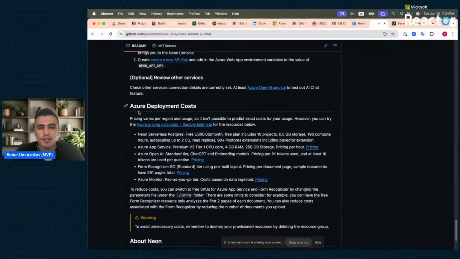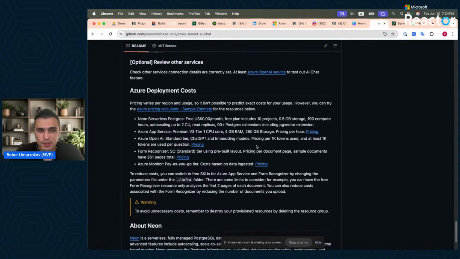And some consideration of what kind of costs are expected when you're running this application. It should be super cheap. For me, almost cheap, except I'm using the OpenAI service that I pay for. But other services like Form Recognizer or App Service, I'm using almost on the free plan. But in here I mentioned which pricing model is good for the production environment